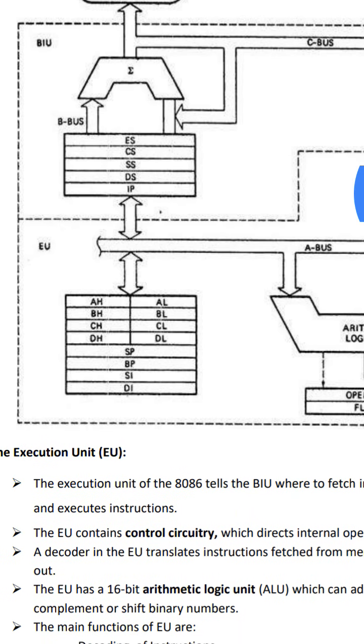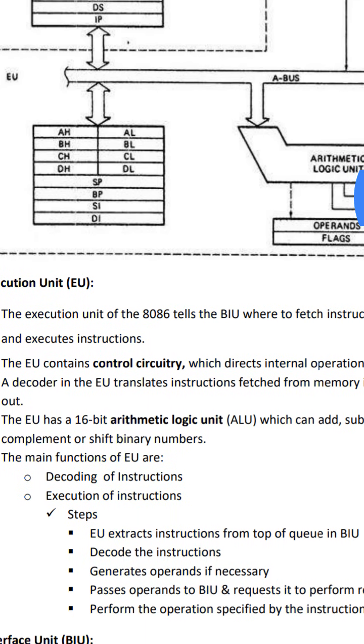Now we will see the execution unit, that is the AX register, BX register, CX register, DX register. Now the AX register contains two parts, lower byte and higher byte. AL is the lower byte of AX, AH is the higher byte of AX, and combinedly AH and AL are known as the AX register. AX register is of 16 bits, but AH register is of 8 bits, AL register is of 8 bits. Similar is the case with the BH BL register, CH CL register, DH DL register.